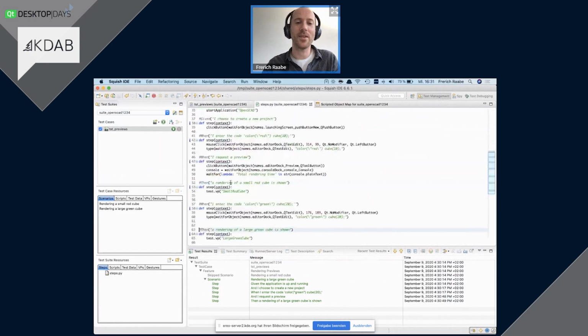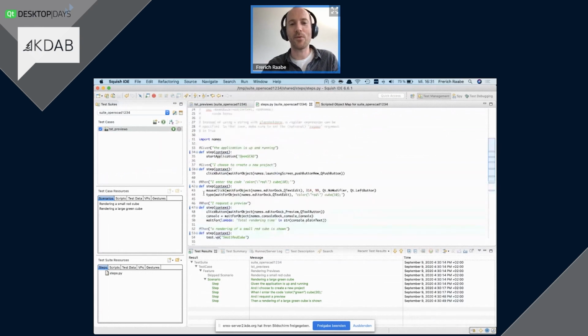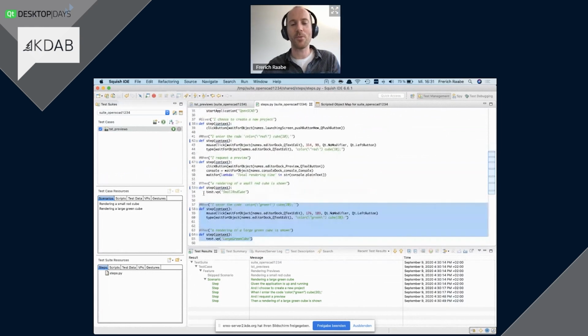When clicking one of the steps, what's noteworthy is that only these lines are new. Everything above comes from our first scenario. So by using a tool which has built-in support for behavior-driven testing, you automatically get some modularization of your test code. It's not just one big block of script code, but instead it's already split into individual functions and they can be reused by the tool.